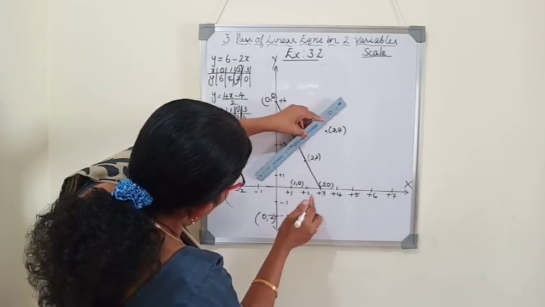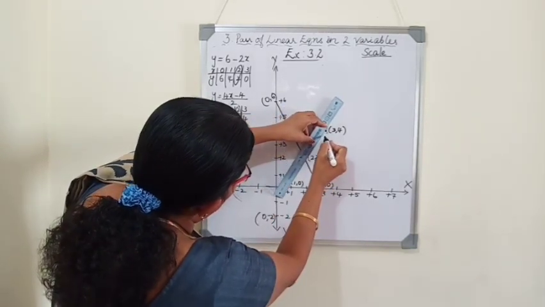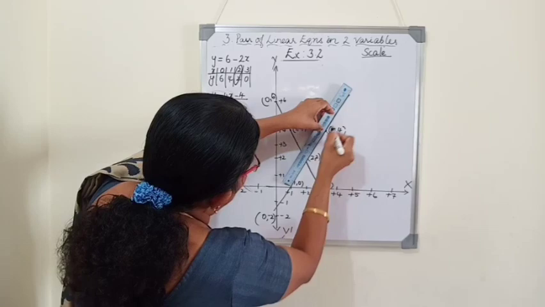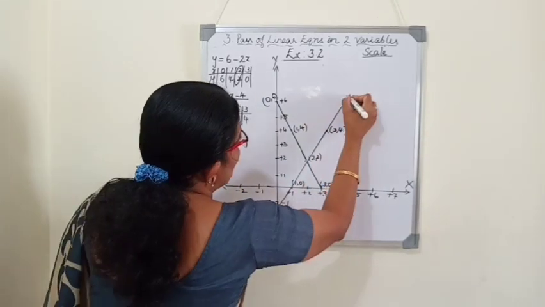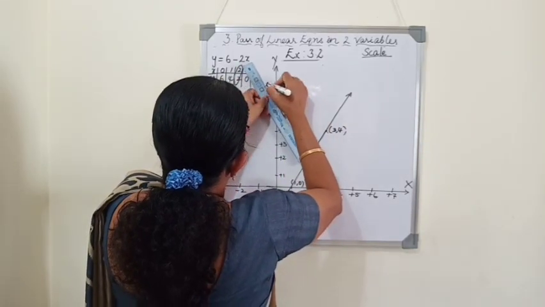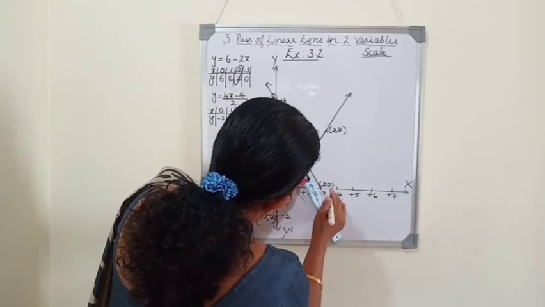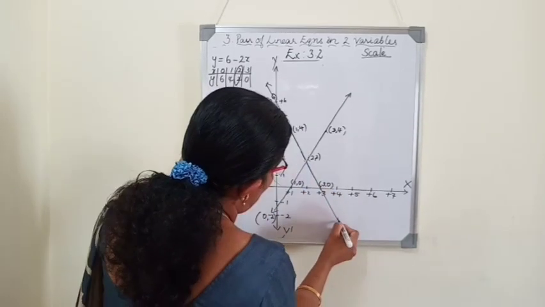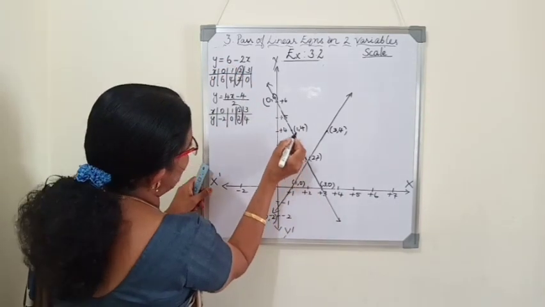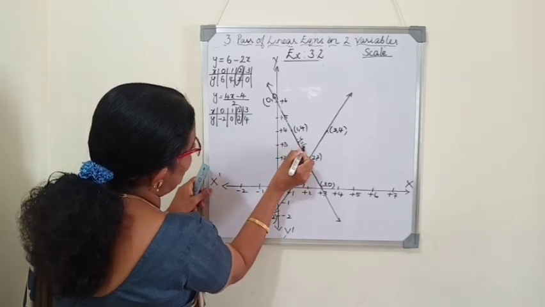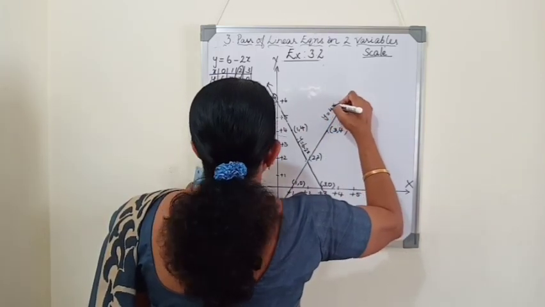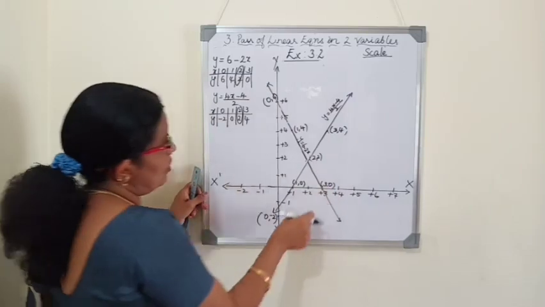This type of questions will be asked for 4-mark question. Very important question, 4-mark. So, extend the line, arrow mark, here also extend it. Now, the first line is for the first equation. First equation is y is 6 minus 2x. Anywhere you can write y equals 6 minus 2x. And the second equation is y equals 4x minus 4 by 2. First equation or this converted equation you can write.